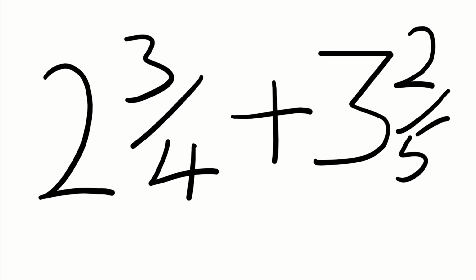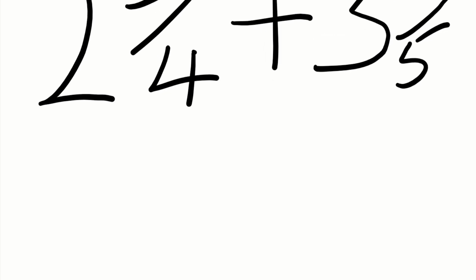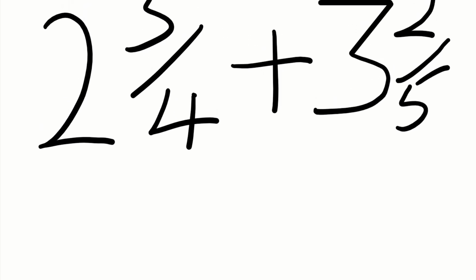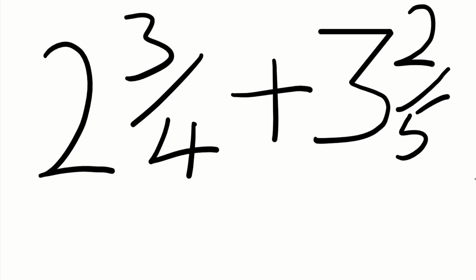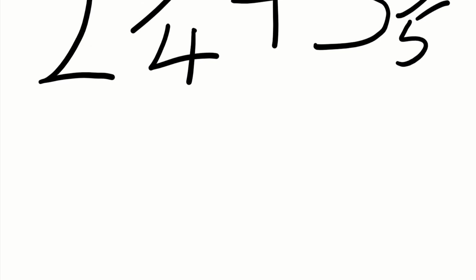So to convert that to an improper fraction, let's go and see what we have here. First of all, this 4 right here is going to multiply 2. When it multiplies 2, it's going to be 8. 8 plus 3 is going to give me what? 11, right? So 8 plus 3 will give me 11. So I'm going to have